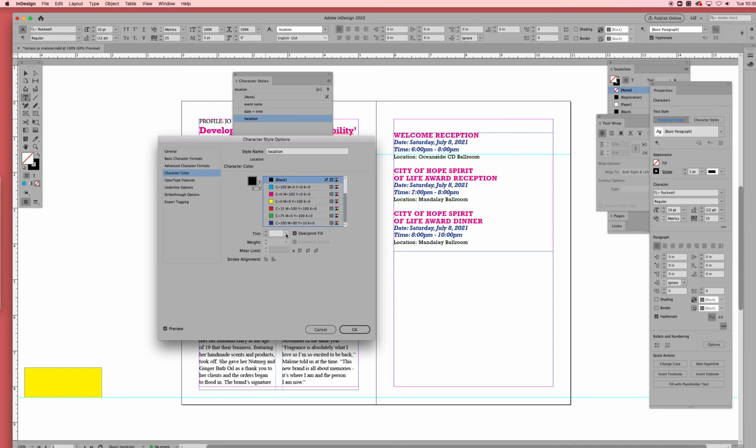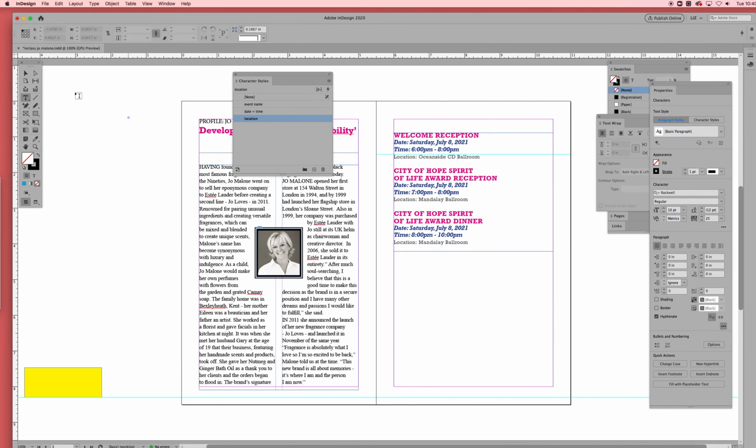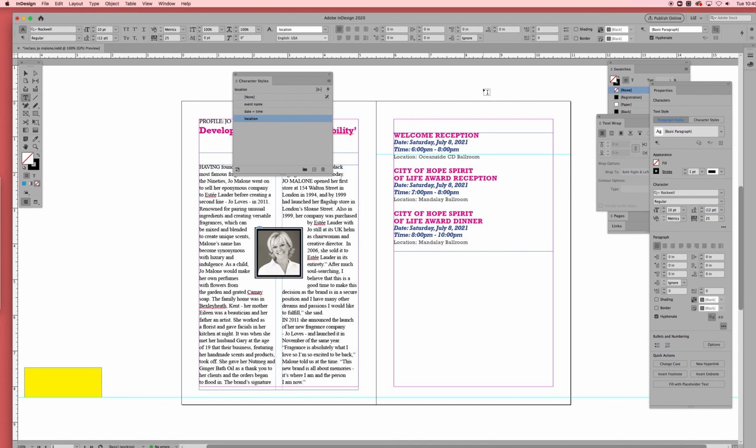And what you can do is you can make it a tint, which means it'll add white to it, or it'll be a percentage of the color. So that would be kind of more like a gray at this point. And you're going to say, OK, and look, it did all of them in one fell swoop. Those are character styles. OK, I'm going to stop here so it's not too long of a video, but you get the idea of this, and we'll continue and fill out this page in